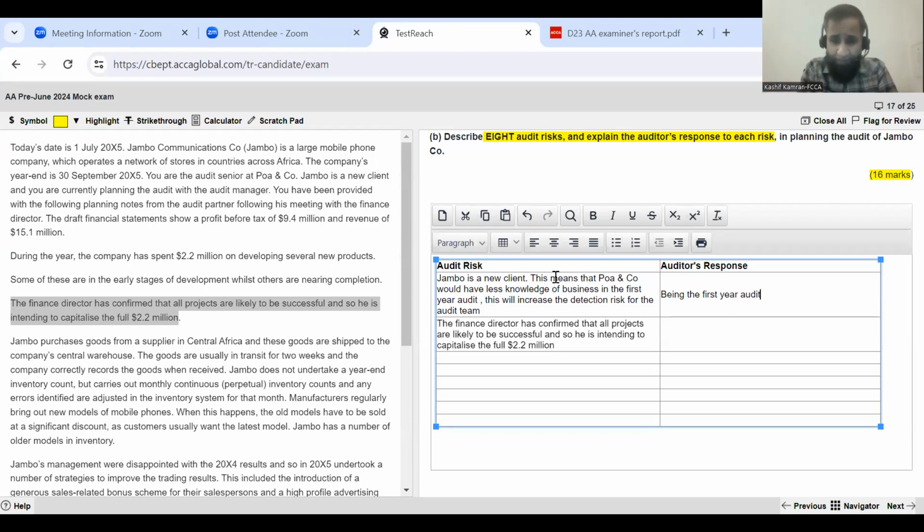Being the first year audit, the audit firm should use more senior resources, and be skeptical to reduce the detection risk to an acceptable level. So because it's a first year audit, you need to ensure you're more skeptical. You're using a senior team, not juniors, to keep the detection risk to an acceptable level, for example,